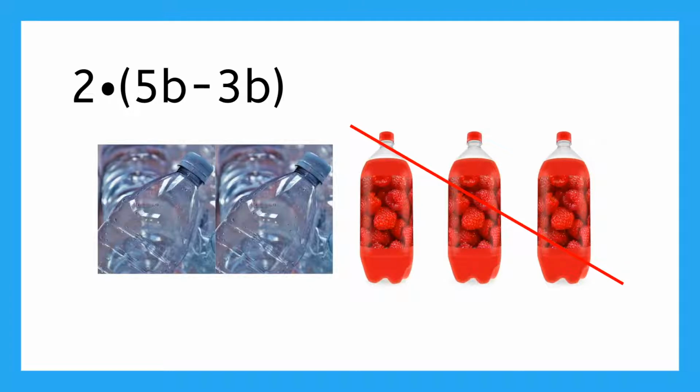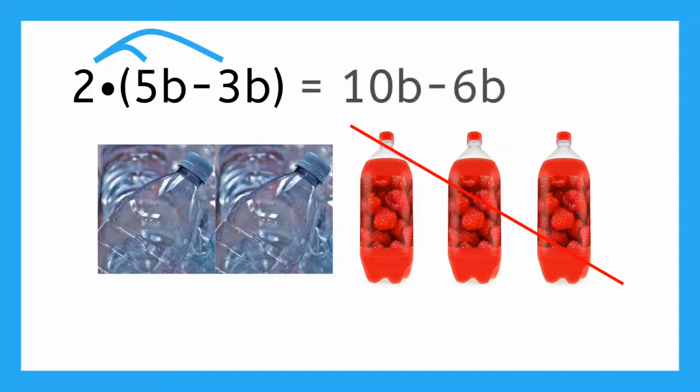But we could also use distribution for this. We have 2 separate amounts grouped together in the parentheses. We can use distribution here just like we would if these weren't like terms. Distribute the 2 by doubling both terms, and we get 10b minus 6b. What this means is if we double the entire situation from last time, then we buy 10 bottles of soda and have 6 left over. So if we get double as much as last time, how much soda will actually be drank? Only 4 bottles. The same answer that we got using the first method.